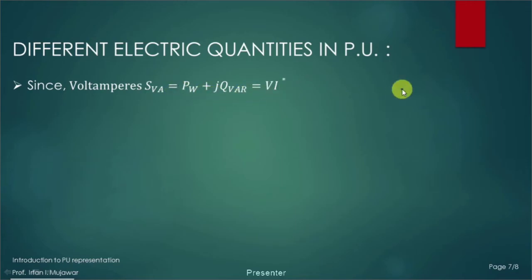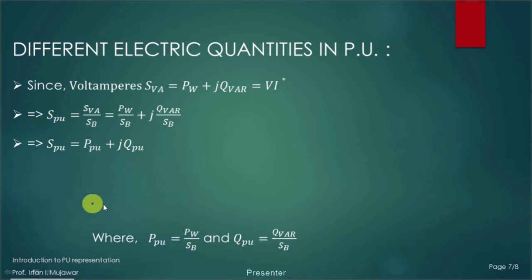If you want to obtain S per unit, we have to divide actual volt ampere by base volt ampere. So it will be P watt divided by SB plus jQ var divided by SB. What is P watt divided by SB? This is nothing but P per unit, and Q var divided by SB is nothing but Q per unit,